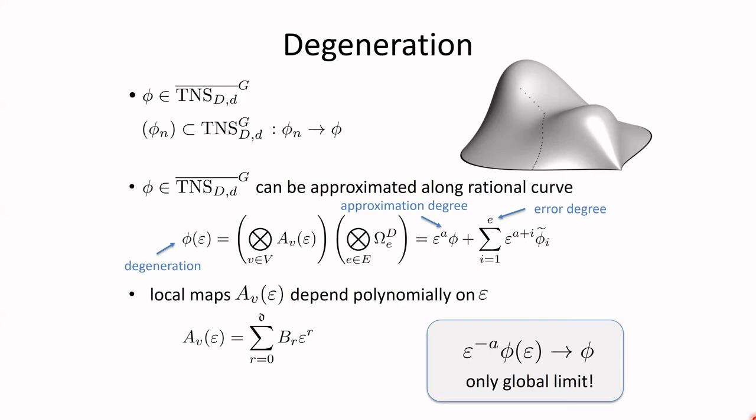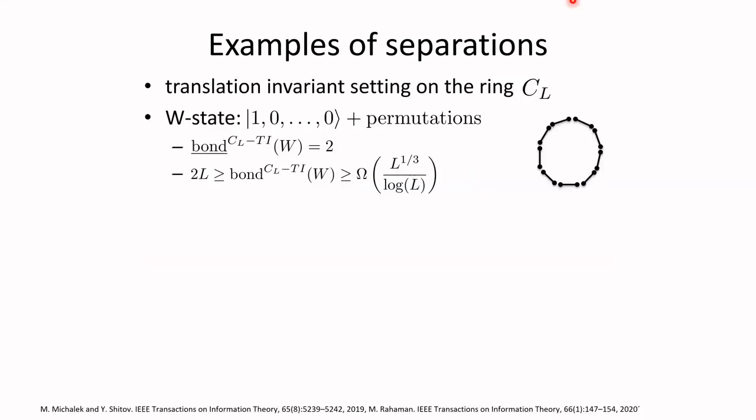And here come some examples. The first example that I want to present to you is the W state with periodic boundary conditions. So the graph that we consider is the cyclic graph with L vertices. And then for the W state in the translation invariant setting, where we enforce the same map on all lattice sites, we can show that the border bond dimension in this setting is equal to 2, independent of the system size,